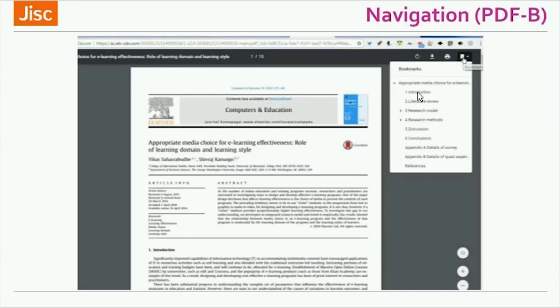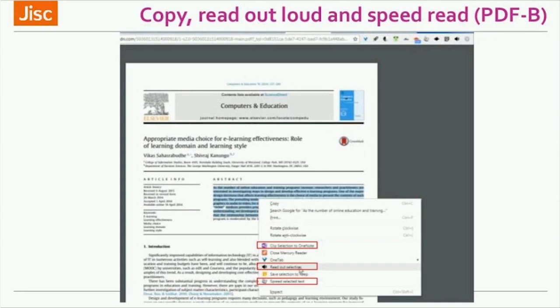What you can see works really nicely there because it was well structured. The PDF had tagging with bookmarks. I can then navigate through those bookmarks. Because it's a PDF in a browser, I can also use some of my plugins. There's all my Chrome plugins along the top. That's what I can use to make a reading experience more personalized and more effective.